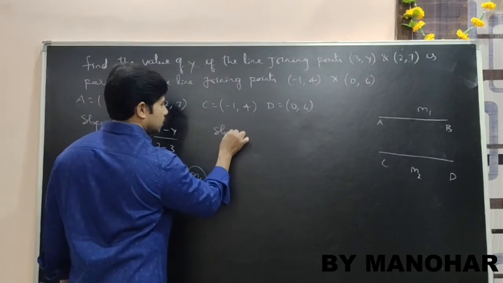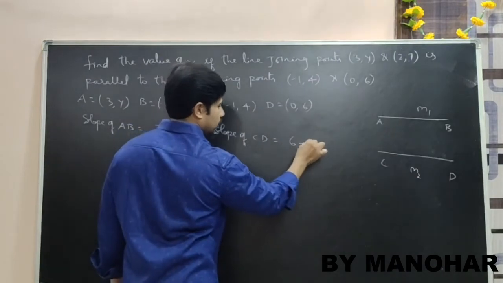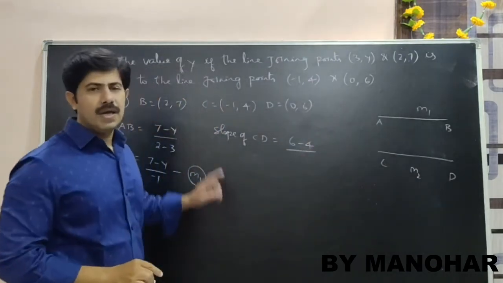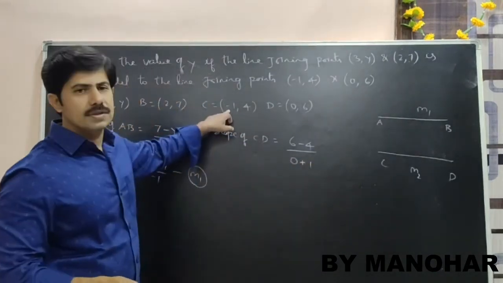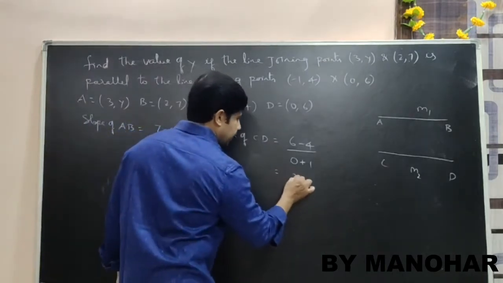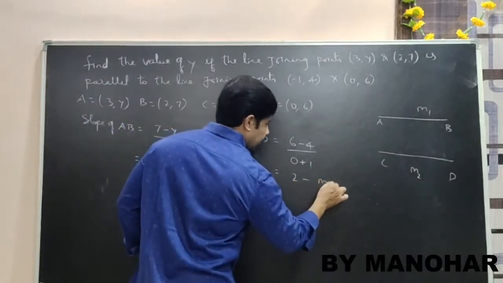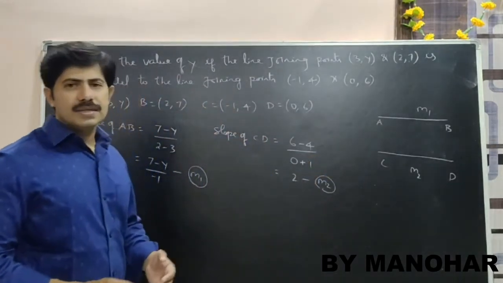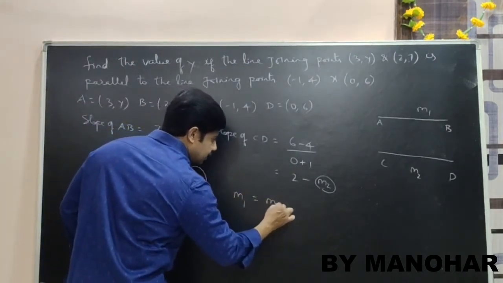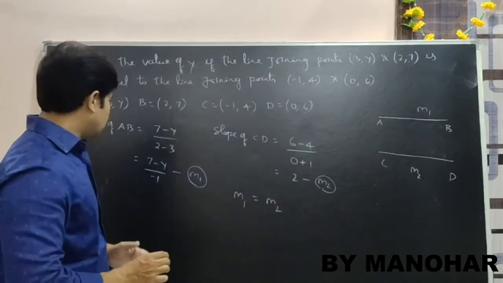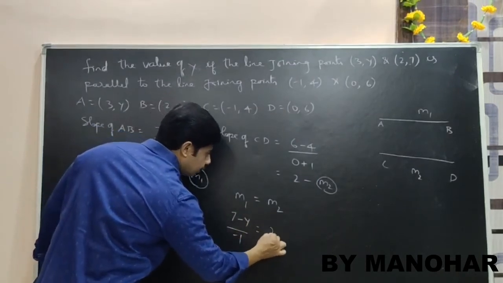Now I will find out slope of CD. This is nothing but (y2 minus y1) by (x2 minus x1), that is 2 by (0 plus 1), because already there is a minus, so 0 plus 1. So what is slope of this line we get? It is 2 by 1, 2 by 1 is 2. So this we will put it as M2. Now as the two lines are parallel, the slopes are equal, that means M1 is equal to M2. So now what is M1? M1 is (7 minus y) by minus 1